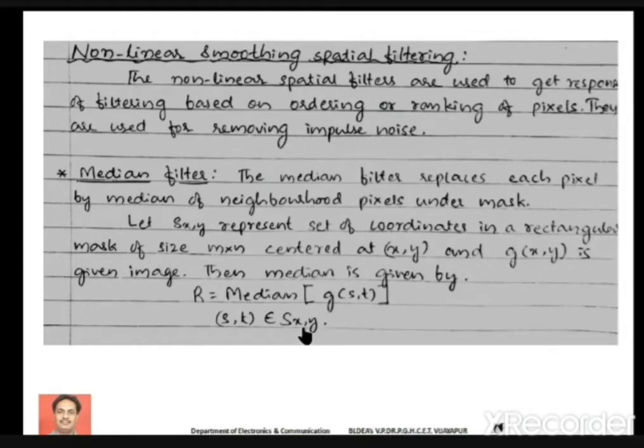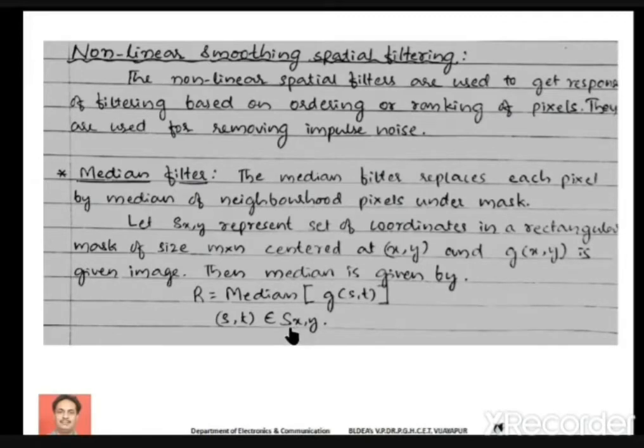Actually this S x y represents the set of rectangular coordinates of the input image whose center is x comma y. Try to understand this equation. Actually, when we look at the example, easily you can understand. The response of the median filter can be represented as R equal to median in brackets g of s comma t, where s comma t belongs to S x y.